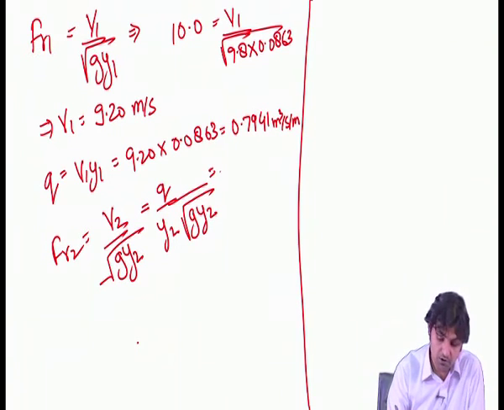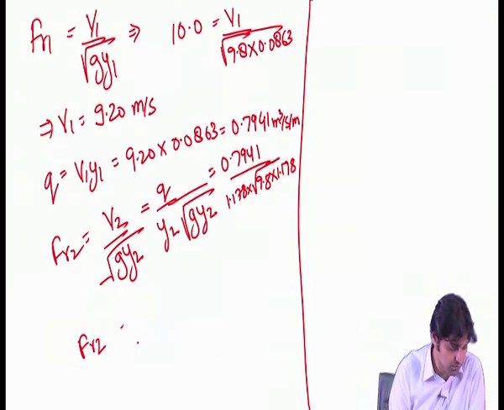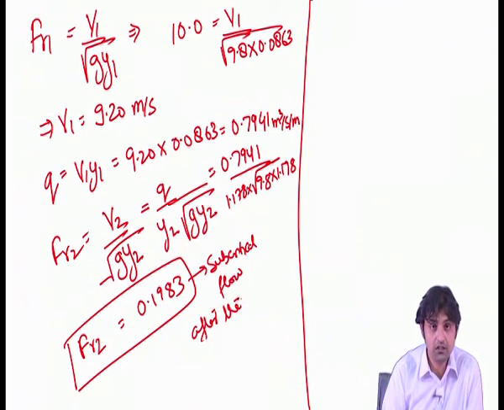So q we have already found out, 0.7941, and y2 we found out was 1.178, under root 9.8 into 1.178. So Froude number 2 is 0.1983. Subcritical flow after the jump